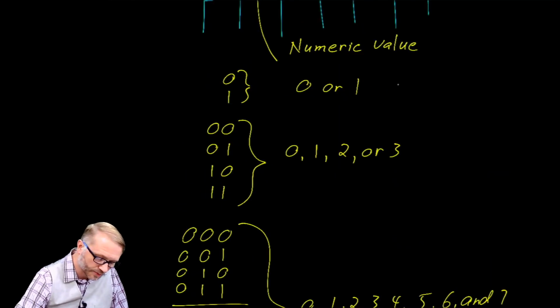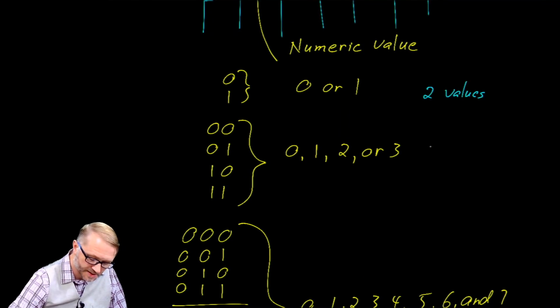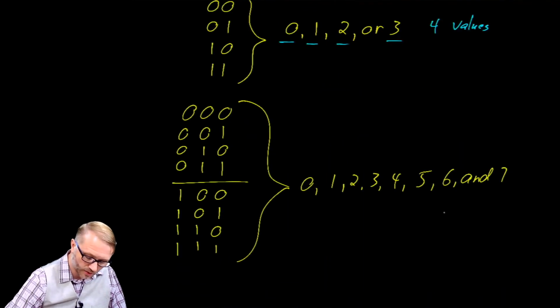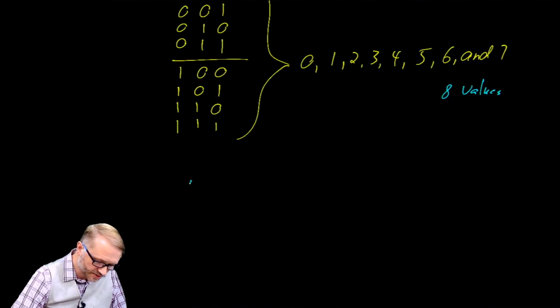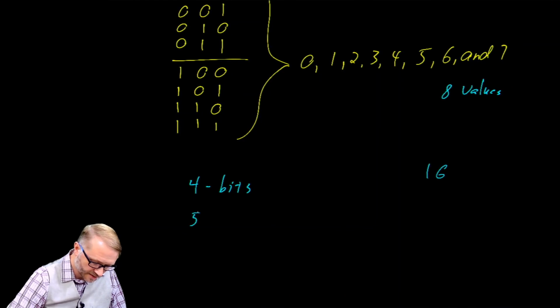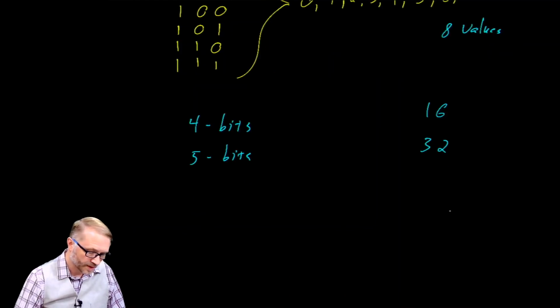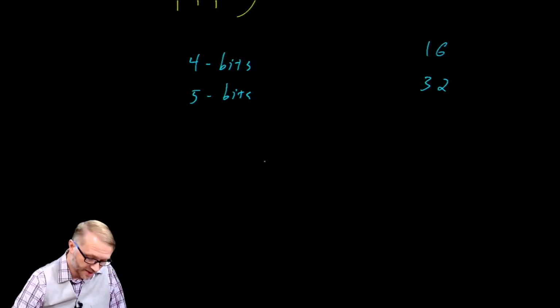If we back up, we see that 1 bit can hold 2 values. 2 bits can hold 4 values. 3 bits can hold 8 values. If we continued this, you'd find that 4 bits can hold 16. 5 bits would be 32. So if we wanted to make a general statement,